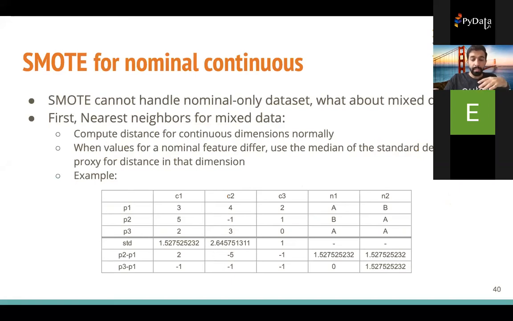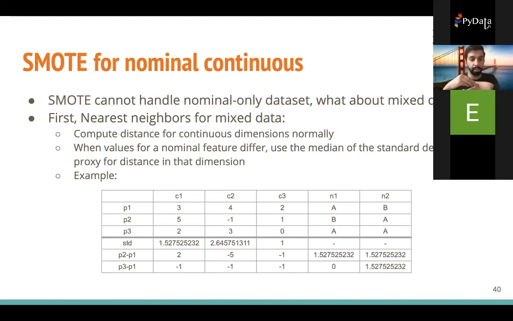To handle the downsides of the synthetic oversampling, first we want to handle the nominal downside. The first extension is synthetic oversampling for nominal and continuous features, and this is an extension that can be applied to data that have both continuous features and nominal or categorical features. Remember, in the synthetic oversampling, we had 2 main steps.